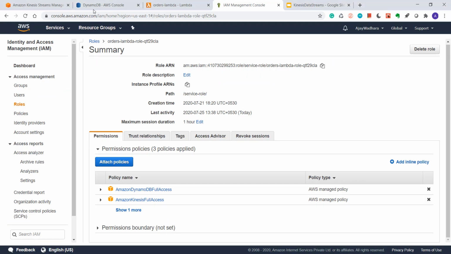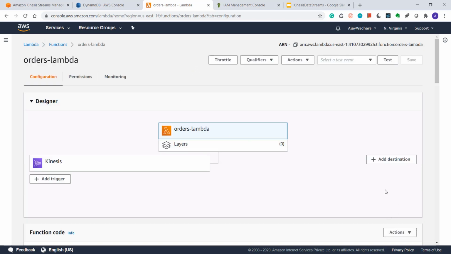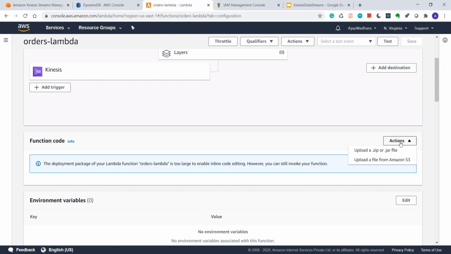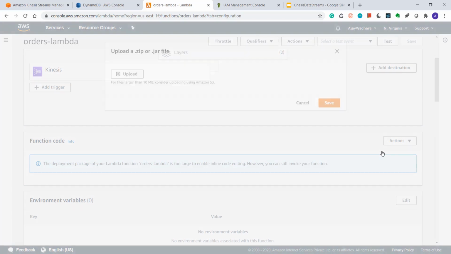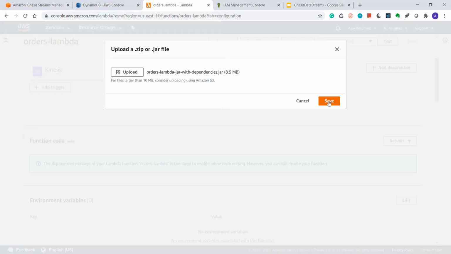We can go to our Lambda and click on Actions, upload zip or jar file, and select the orders lambda jar with dependencies, and click on Save. This will upload our jar file to our Lambda. Meanwhile, I'll go to my Kinesis producer code.